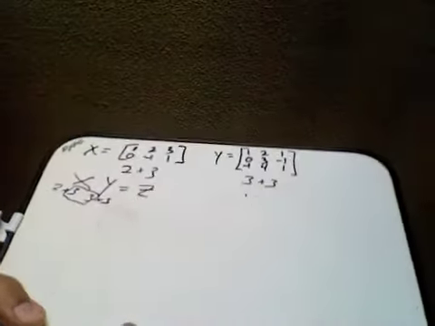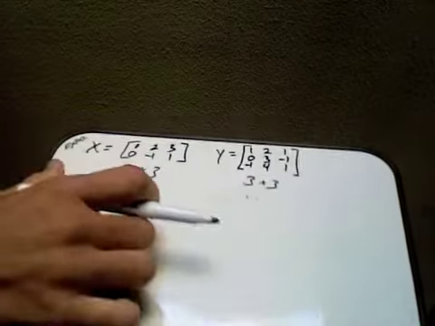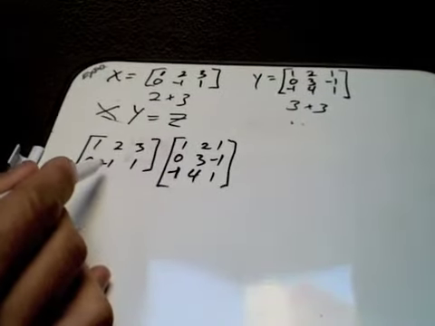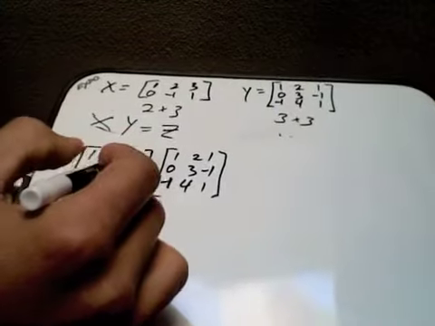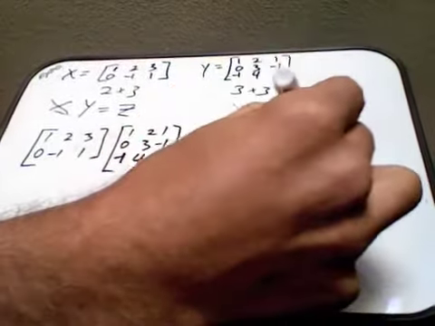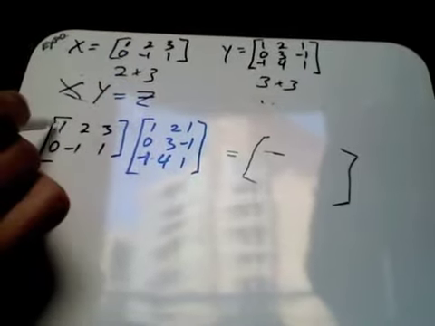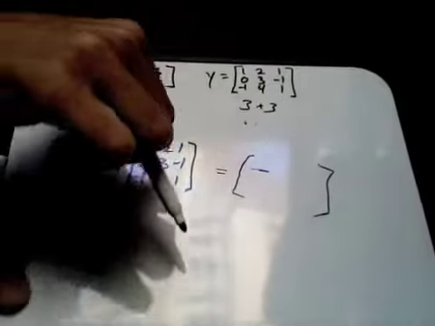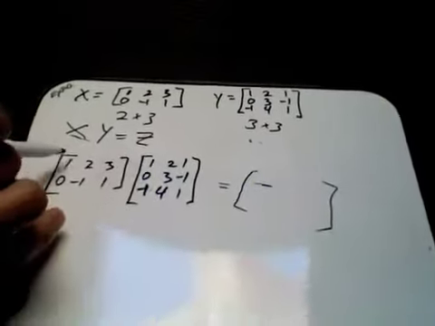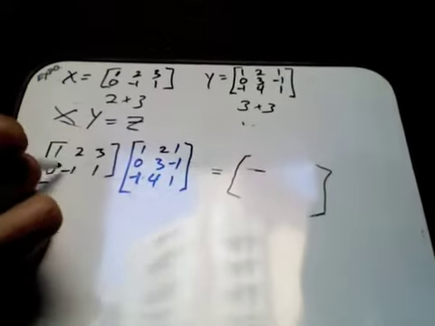Now this is a harder one, so we're going to go through it slowly, but it's really different than what we've already done. Okay? So let me write these matrices out again, so we can sort of see what's happening. I'm just going to rewrite matrix X and matrix Y like that. Okay? So the way I like to think about this, first we're going to find the top left element in our result. Okay? The top left element is going to be from the top row and the left column. And I like to think about, imagine this top row turning sideways and diving down next to this column. Okay? So the 1 goes with the 1, the 2 goes with the 0, and the 3 goes with the